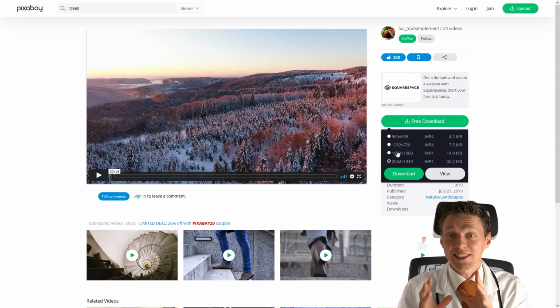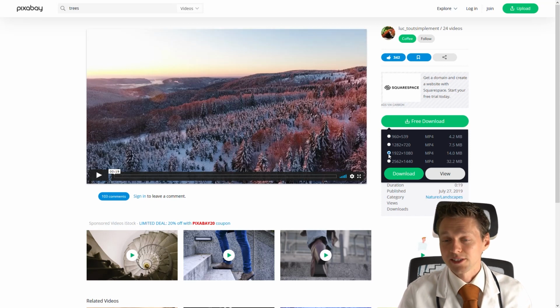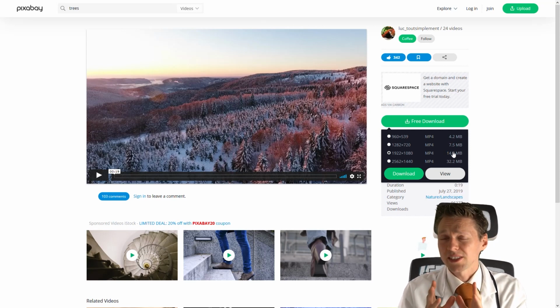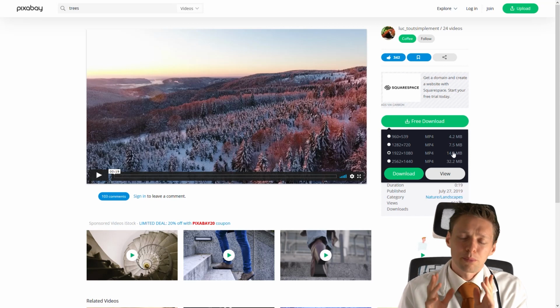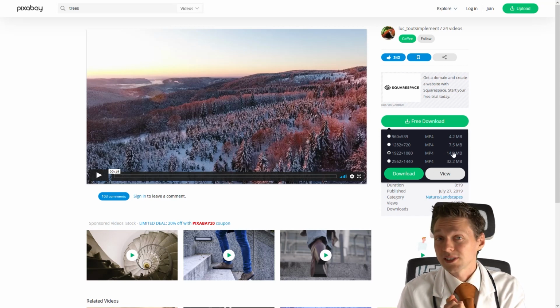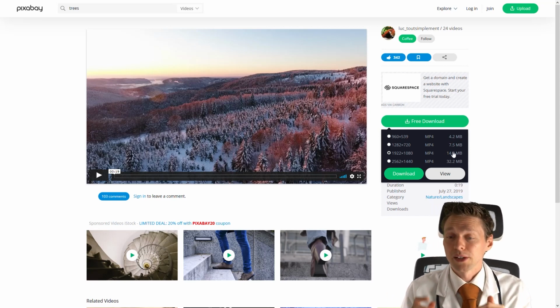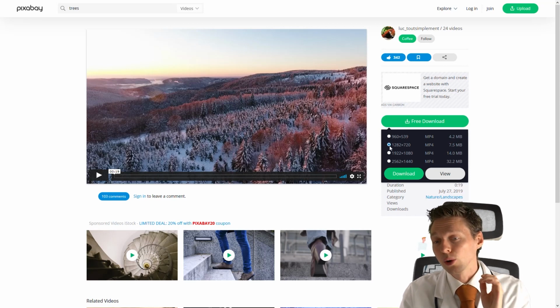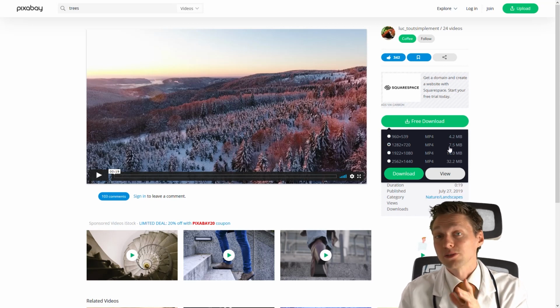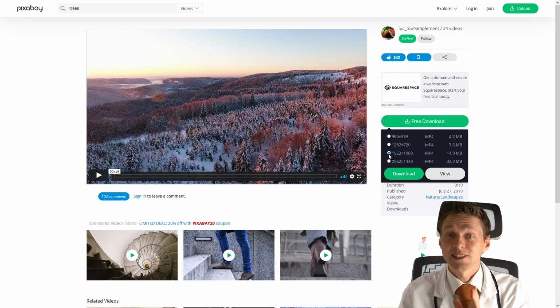So for the sizing of your video, I would go with something like 1922. As you can see, the size also increases, so keep that in mind. As most people use fast internet nowadays, it isn't really a problem. If you notice that your website is getting slower and you get bad results, go with a lower quality, but with a smaller file size. For this example, we are going to use the 1922.